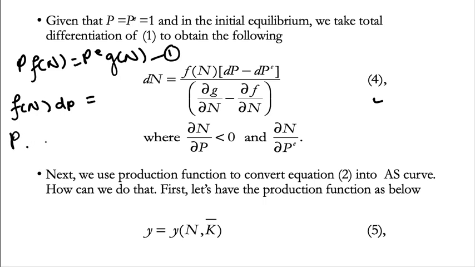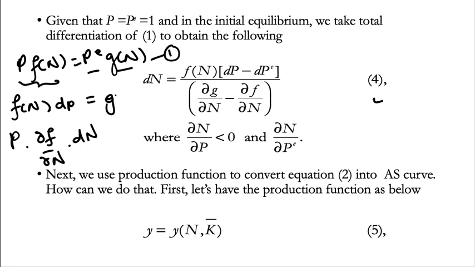plus, with price constant at the actual price, multiplied by delta F over delta N times dN. This is on the left-hand side. We totally differentiate the left-hand side, so it becomes this. The formula to be used for this total differentiation is the product rule. On the right-hand side, we also have two terms, expected price and Gn, so we also use the product rule to totally differentiate it.